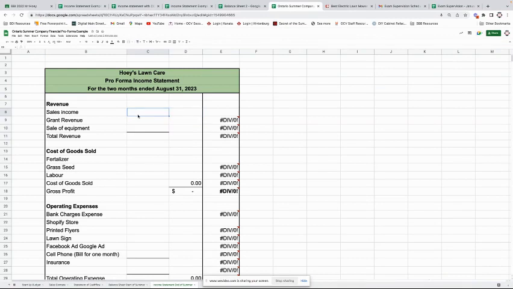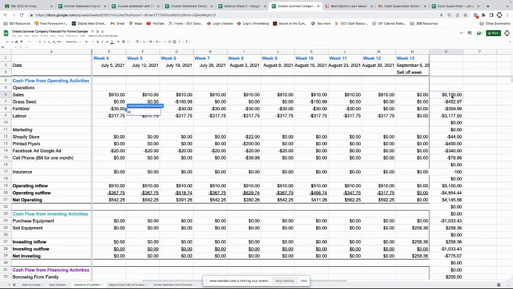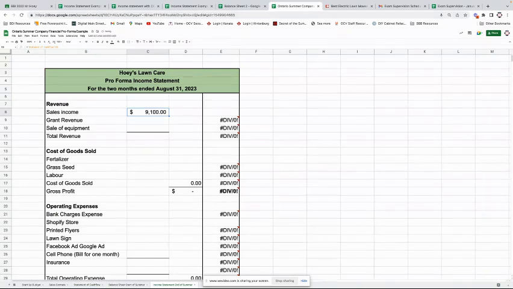So the first thing we're going to take a look at is our revenue. So we're going to do sales revenue. So we can see here from the statement of cash flow that is our main source of revenue, $9,000. Now,